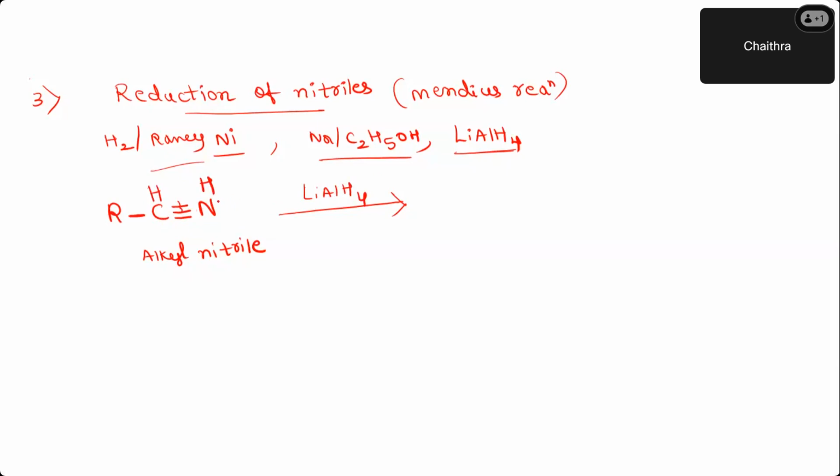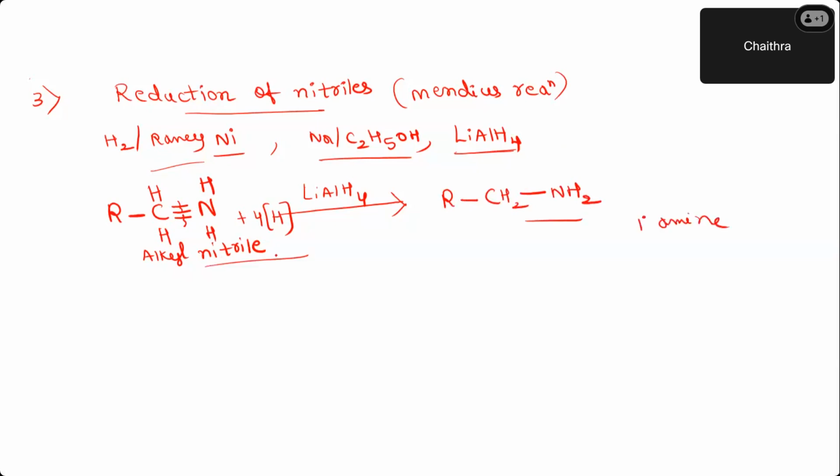So here what happens? In order to break it and make it a stable product, I'll add one more mole of hydrogen. So basically I'll add 4 atoms of hydrogen here. So I broke both the pi bonds. Now what I have is the product R CH2. Now a single bond you write, because I have broken these 2 bonds and I got NH2. See, this is a method of preparation of, once again, primary amine.